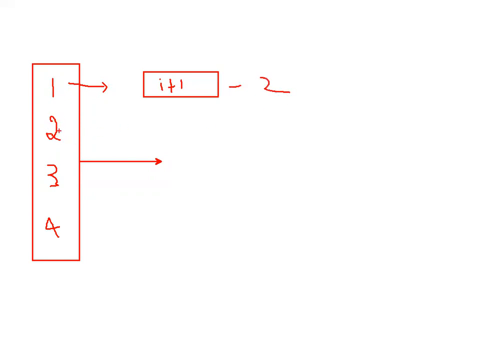If the given element is 2, I'm adding 1, so it will return 3. So the function is, for the given element, add 1. Correct? That is the function I'm passing, increment by 1. Any function you pass will act on every element. That is what I'm trying to show you now. Any questions before I proceed?